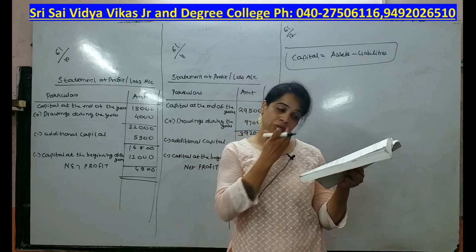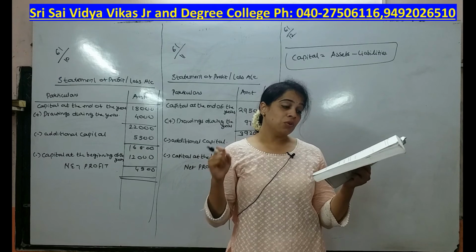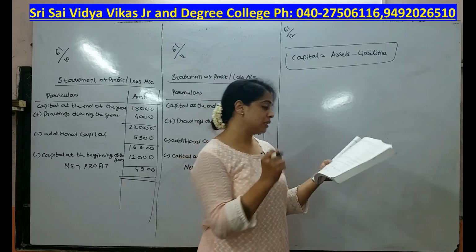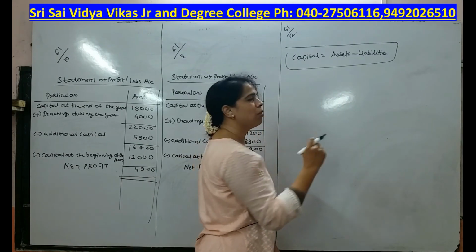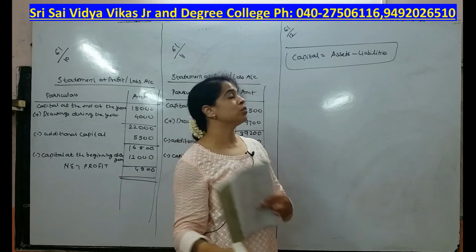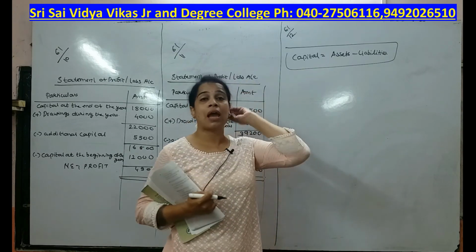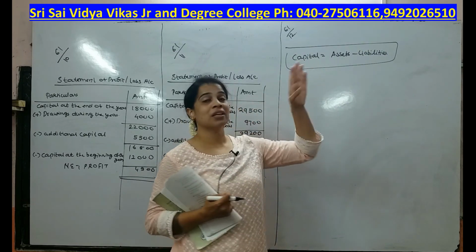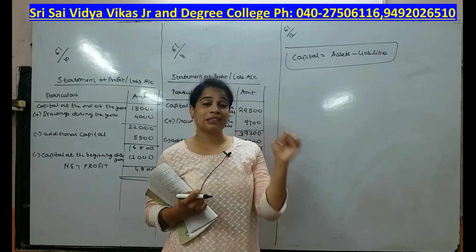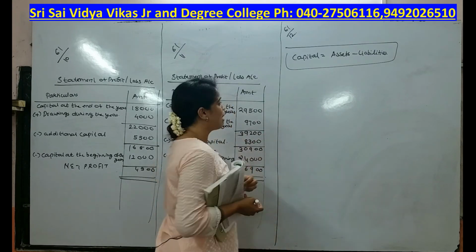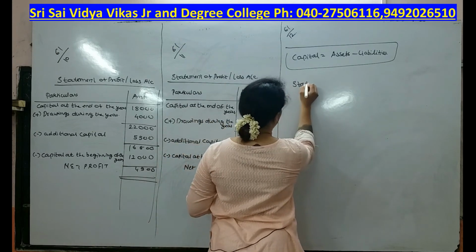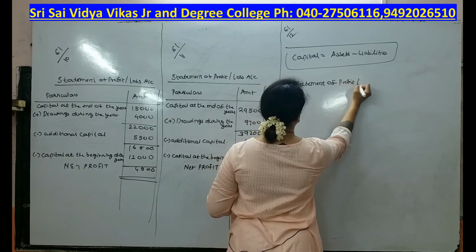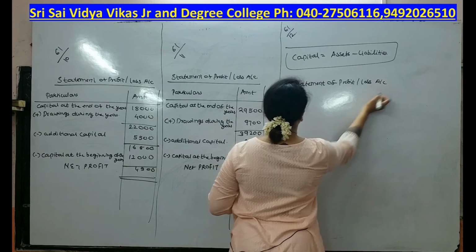Fresh capital introduced during the year 14,000. Drawings during the year 1,500 per month. Now students, this problem is a little different. The first thing we came to know is the capital formula, capital is equal to assets minus liabilities. If they are not using the word capital directly, they will use the words excess of assets over liabilities. Now again they have given us complete information, so statement of profit or loss account.